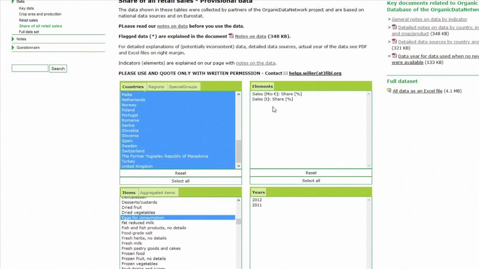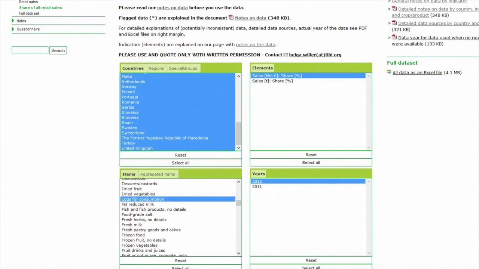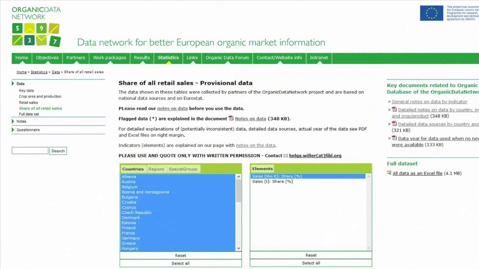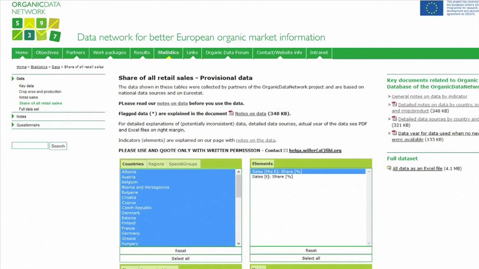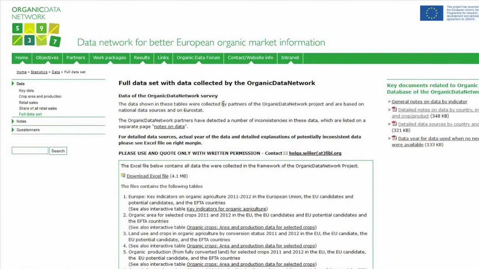Now, eggs for consumption, the share of the value for the year 2012. And here we see the result that the shares for the eggs are actually quite high. You can see that in Switzerland, 20% of all eggs sold are organic, but also for the other countries these shares are actually quite high. And finally we provide the full data set as an Excel sheet which you can download here.